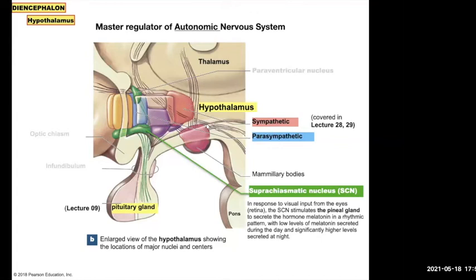The other thing I'll mention today is this other little group of cells right here that are going to get some visual input from the eye. Some of the light signals coming from the retina are going to be directed onto these cells. These cells receive that light and connect to the pineal gland, which is in the back of the epithalamus. So what this does is really regulate your